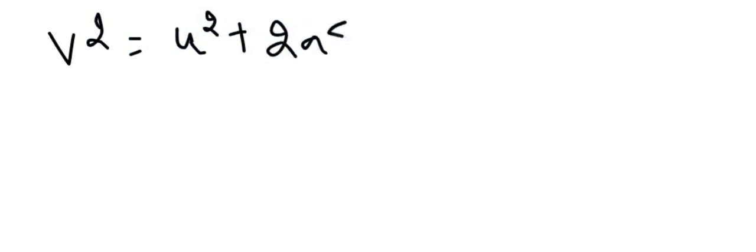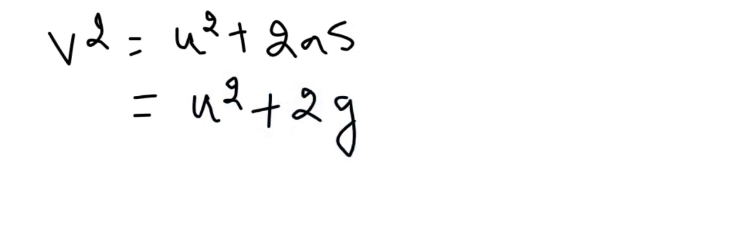Now we all know that v squared is equal to u squared plus 2as. In this case, since it is going through an angle, let us take the x coordinate. We can resolve the distance into two directions: x cos theta along the x-axis and x sine theta along the y-axis. So it will be u squared plus 2g, where instead of a we take the acceleration due to gravity g, into x sine theta.